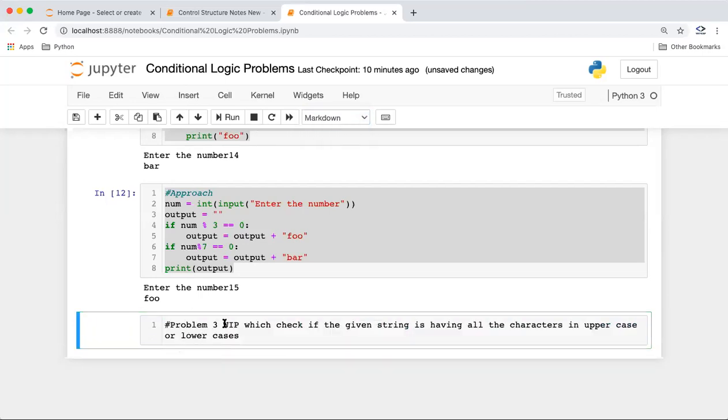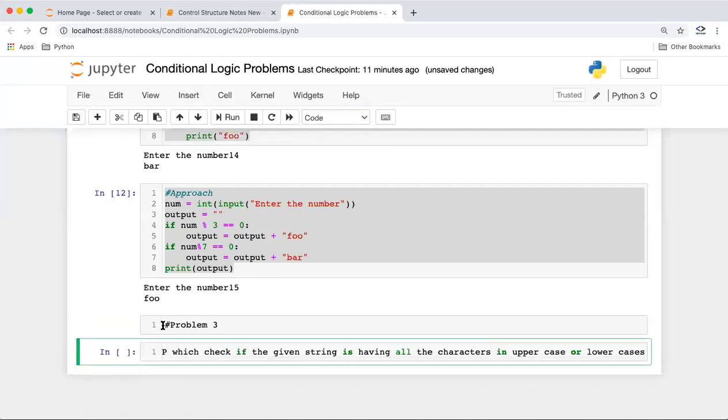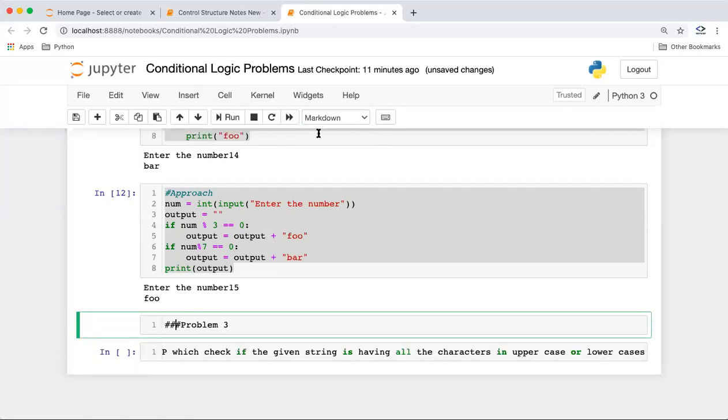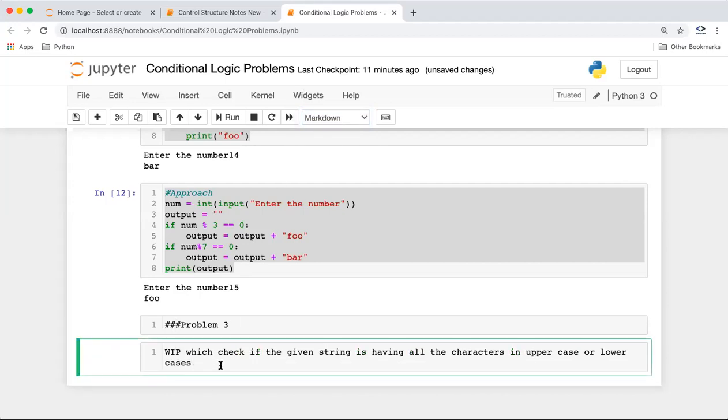So what we want to do here is write a program which checks, for a given string, if all the characters are in uppercase or lowercase, right?